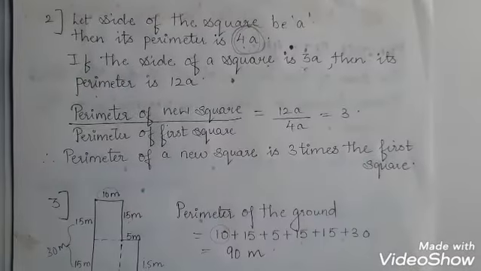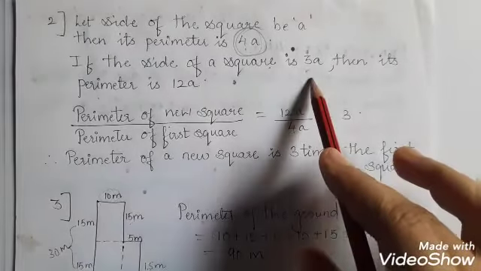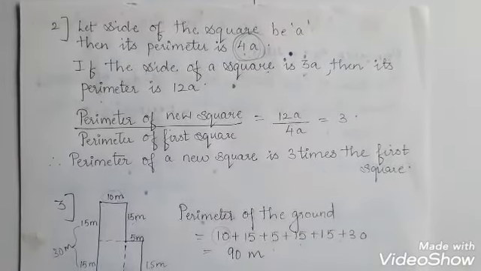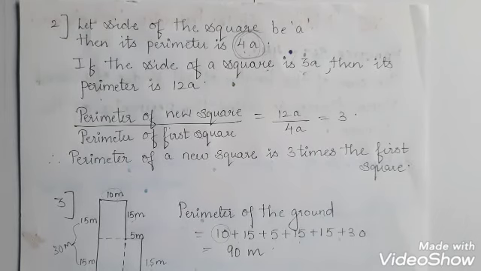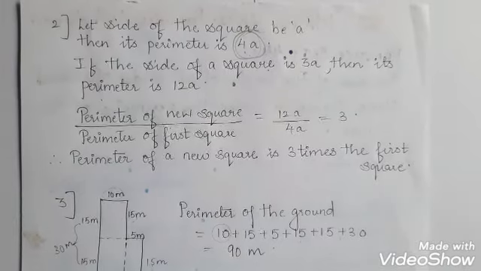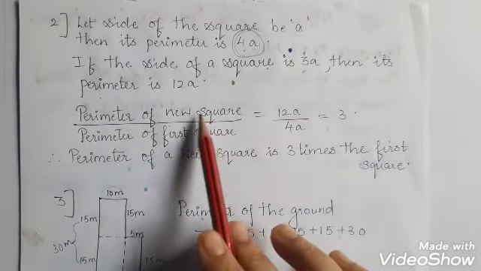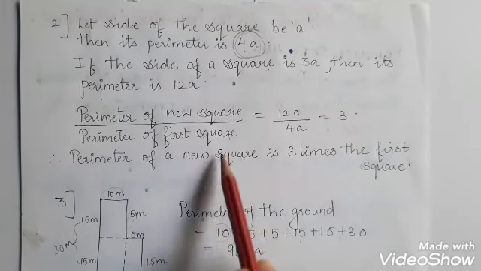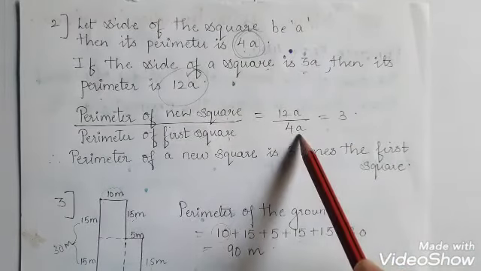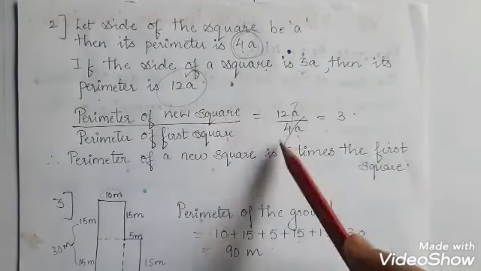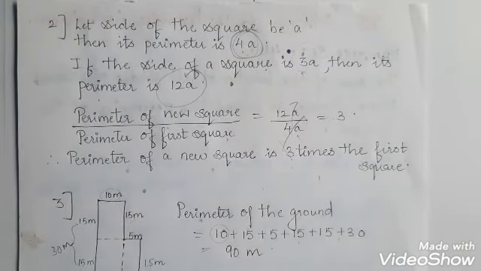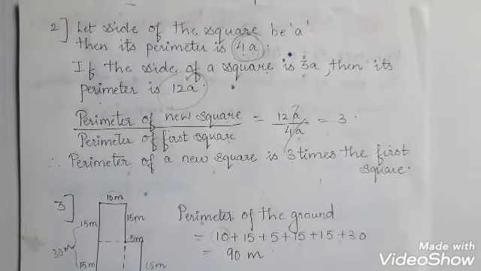So now you tripled it, that is, you multiplied by 3. So 4 3s are 12. So that is 12A. How many times the perimeter of the first square will that of the new square be? So we have to find how many times. So perimeter of new square upon perimeter of first square. What is the perimeter of the new square? 12A, and the perimeter of the first square is 4A. A gets cancelled, 4 1s are 4, 4 3s are 12. So the perimeter of the new square is 3 times the first square.